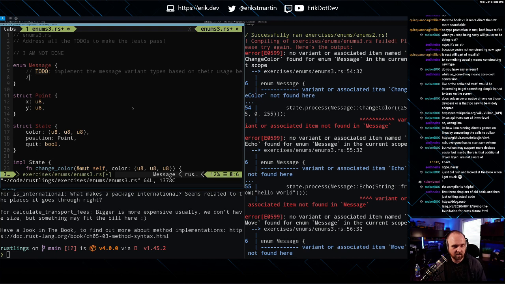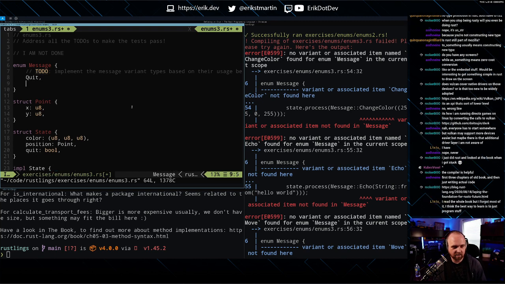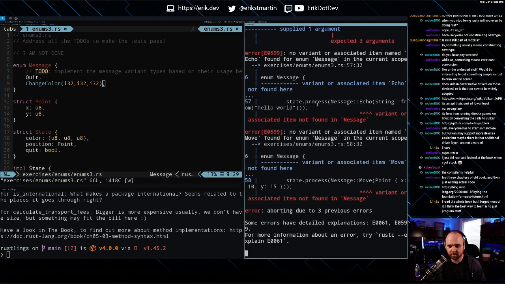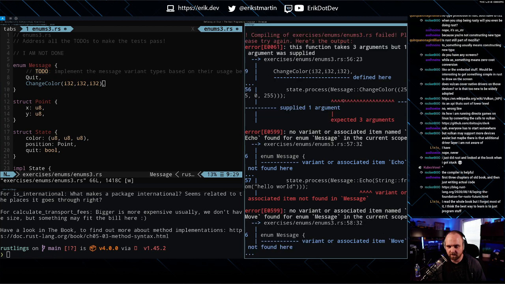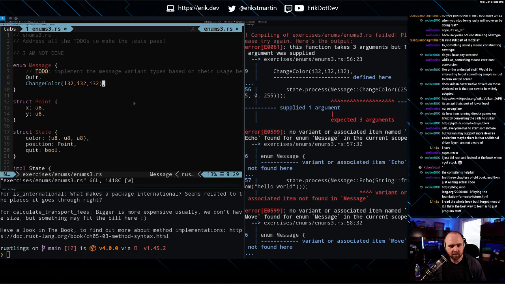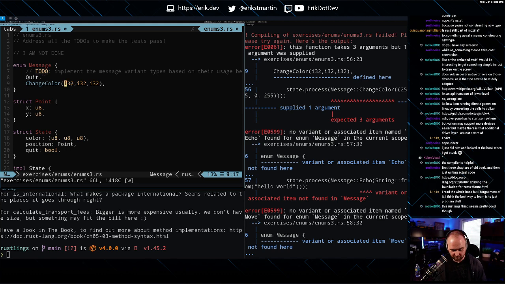We had a quit variant, then we had a change color, which was a tuple. I guess we can just create them in order.